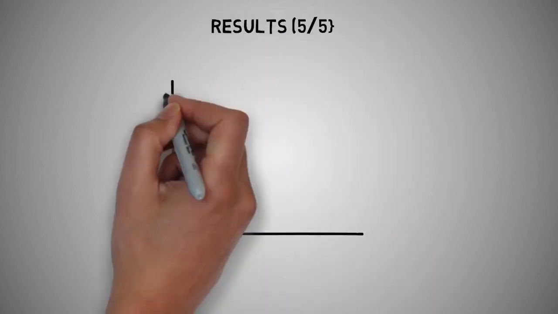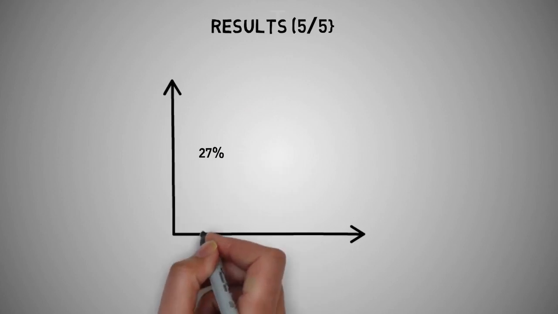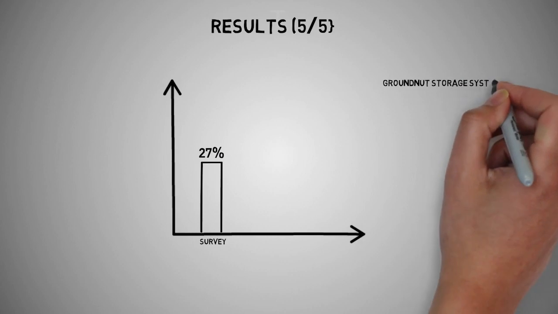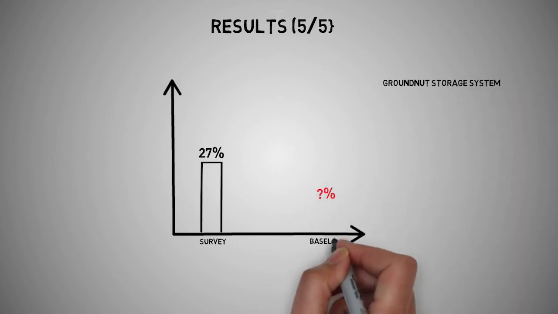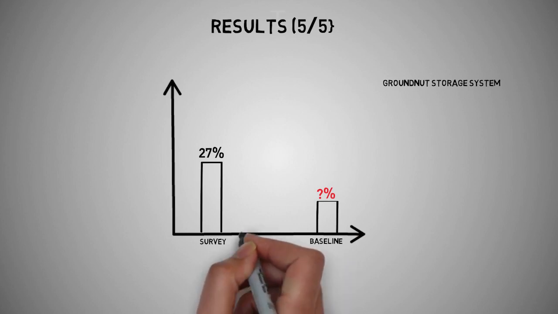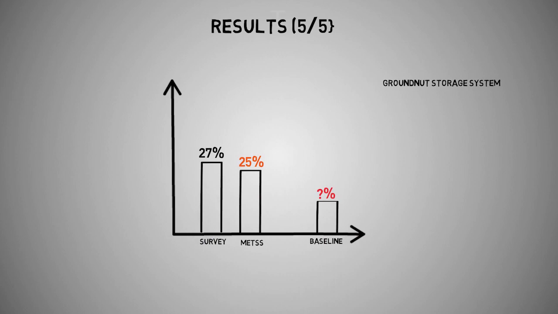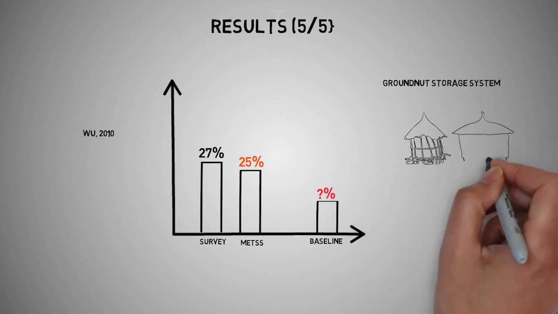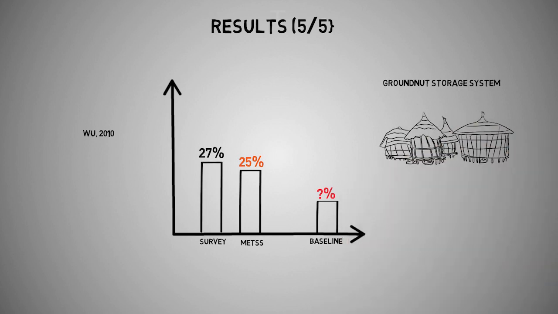Lastly, 27% of the respondents had a granary storage system that met the standard criteria needed to reduce aflatoxin levels, compared to unavailable information at baseline. An absence of baseline data will certainly make it difficult to measure marginal impact. MERS reported a similar figure of 25%. However, a case study conducted by WHO on biocontrol and post-harvest intervention strategies reported a low compliance of farmers to adopt standard storage systems, stating inadequate financial resources to be the main reason.